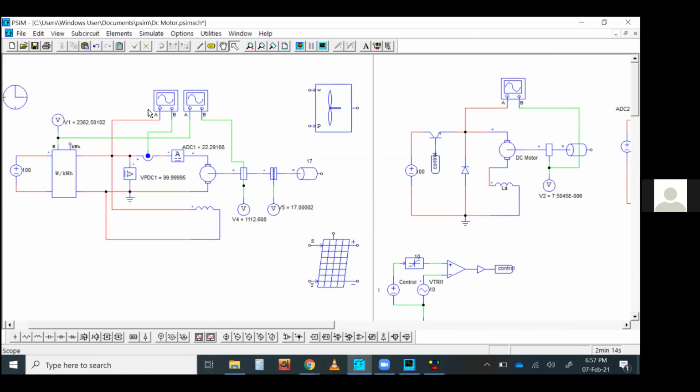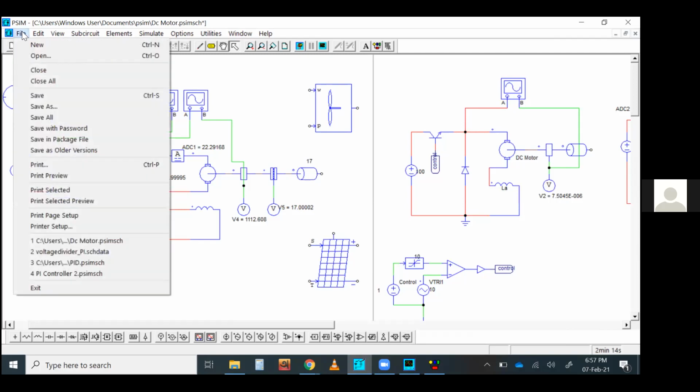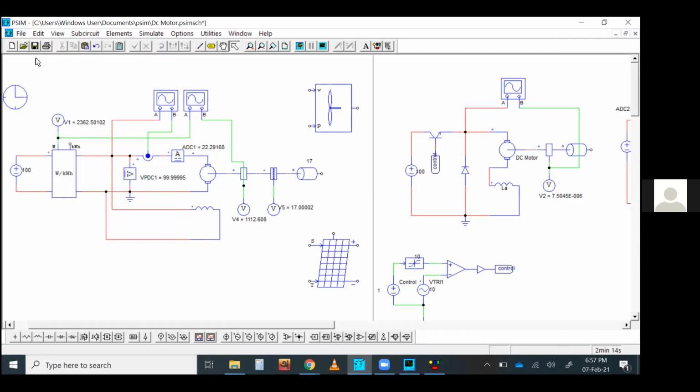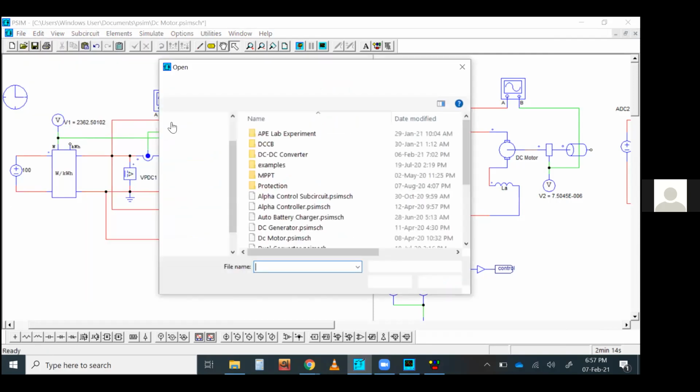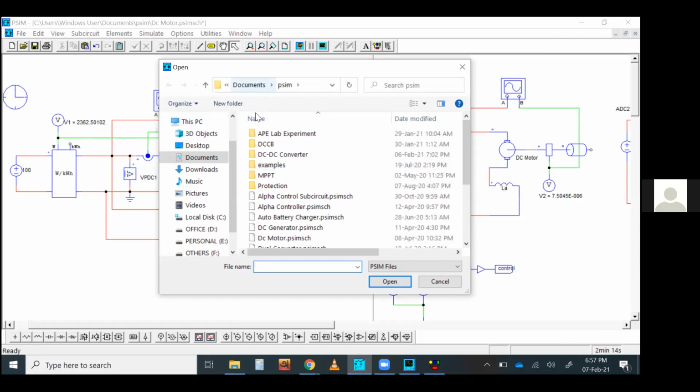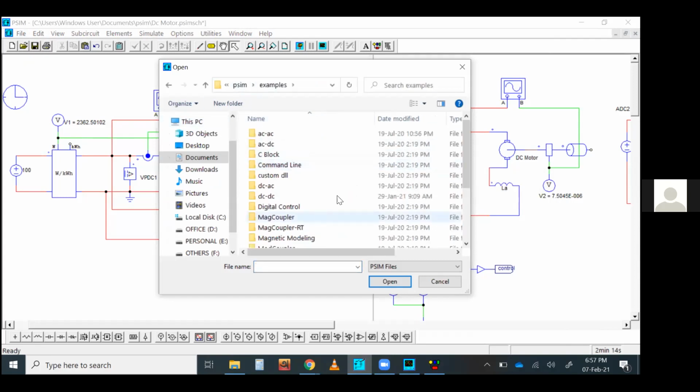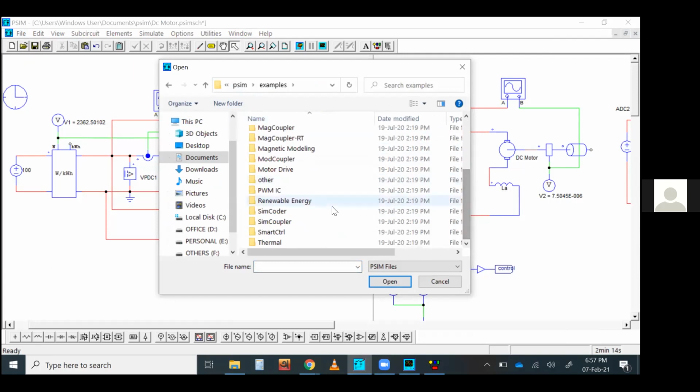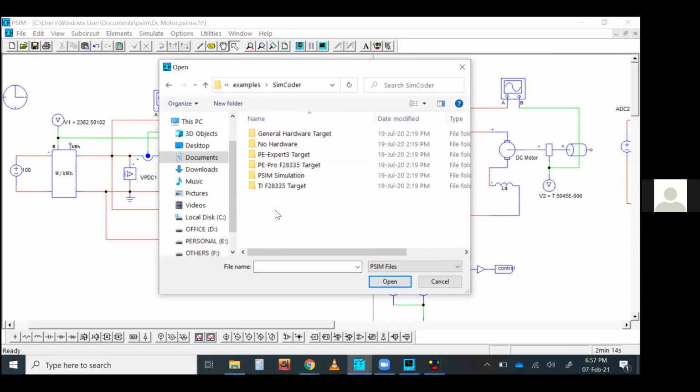And another most important thing is that whatever you have done in this simulation platform, you can do it in real life applications as well. That's one of the best things of this. I want to show one thing, that is SimCoder.